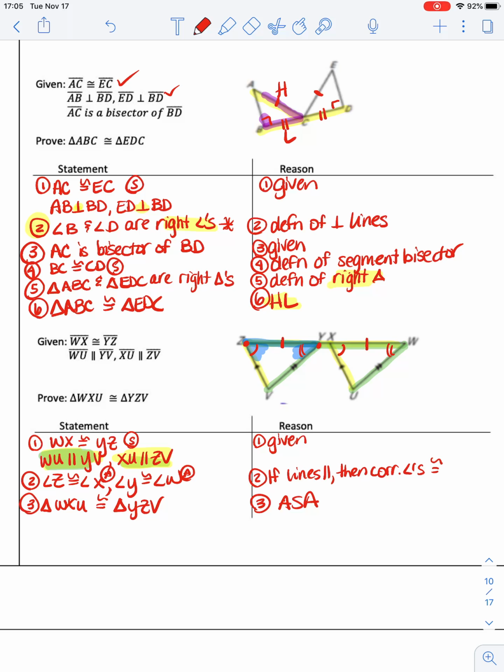So you need to be sure that you mark them, that you pay attention, and just start marking your shapes. It's very important that you mark your shapes. It's very difficult to do this if you don't, because it's going to be hard for you to keep up with everything. Now, you'll have the benefit of following the logic and just picking out the reasons, but it's good to understand where the logic comes from and why we're thinking the way that we're thinking, so that you